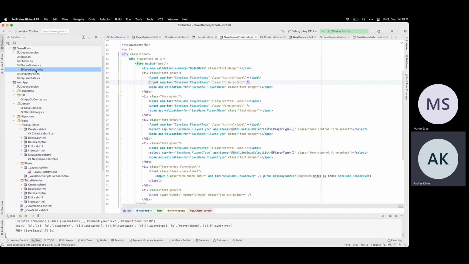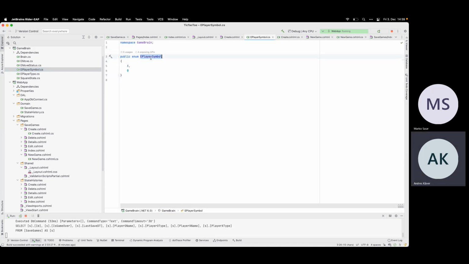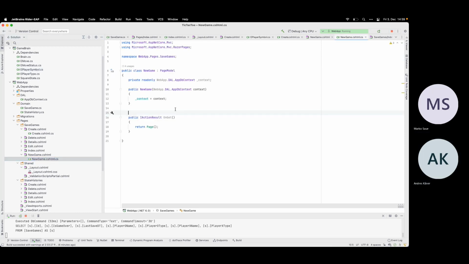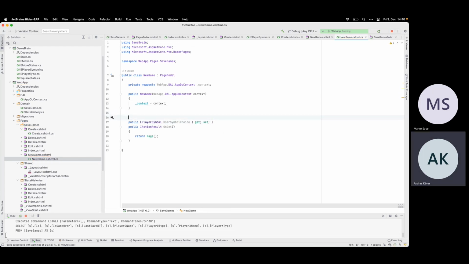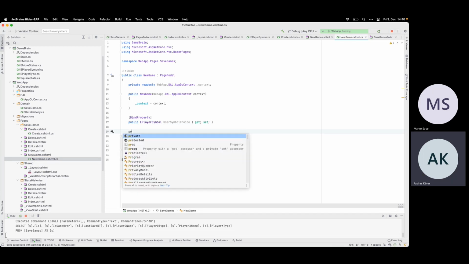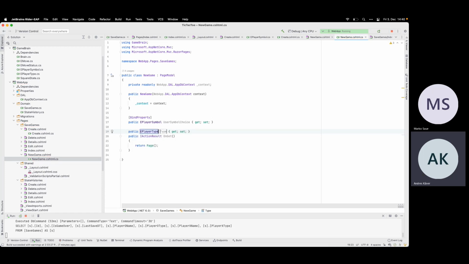So I have basically this E player symbol. What I need to get, user choice. And I need the import for it. And this was our bind property. And then I need what was E player type, yeah.